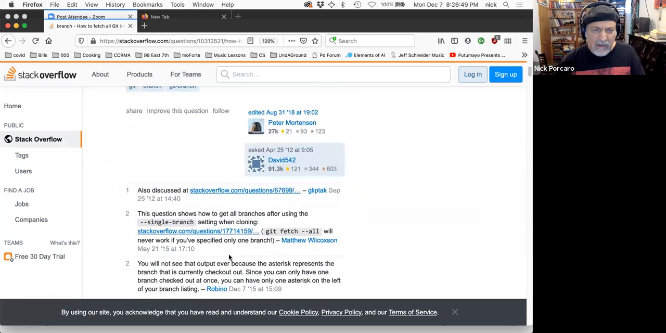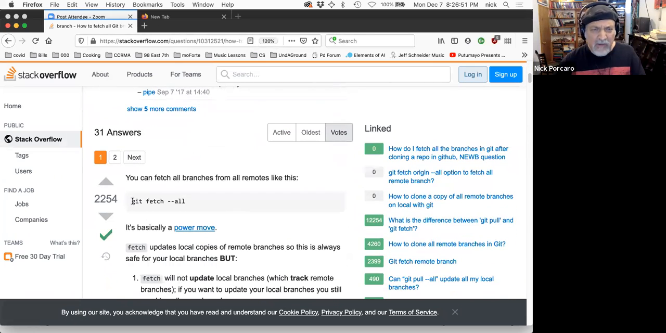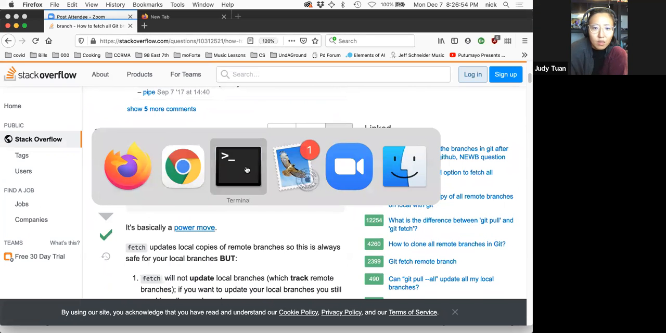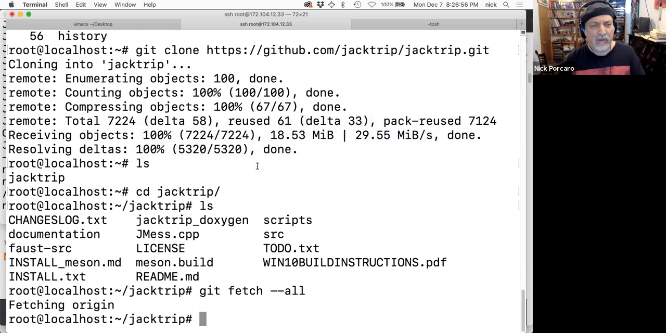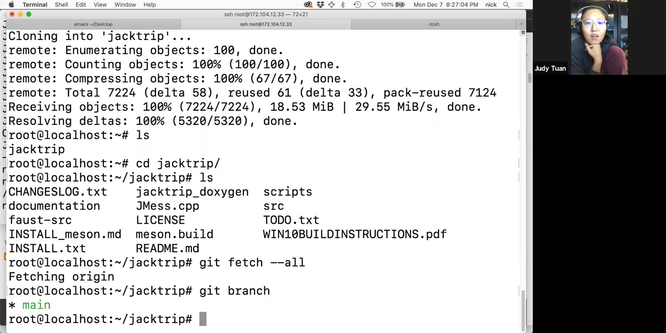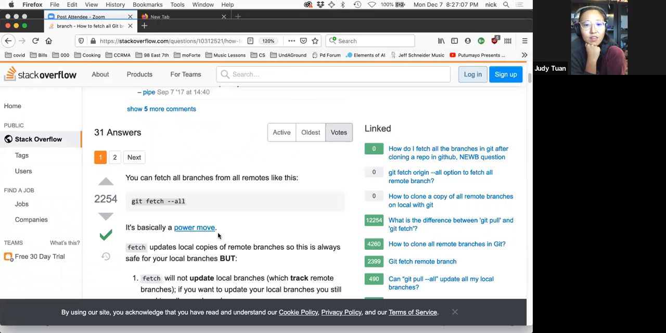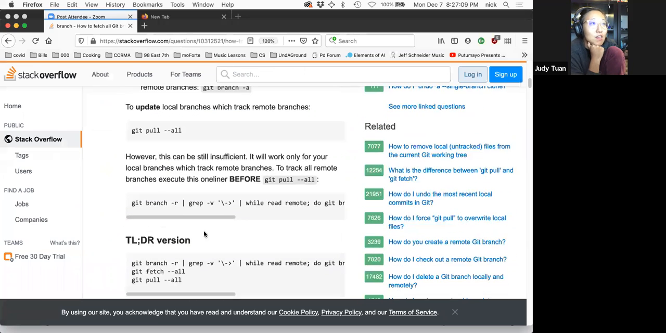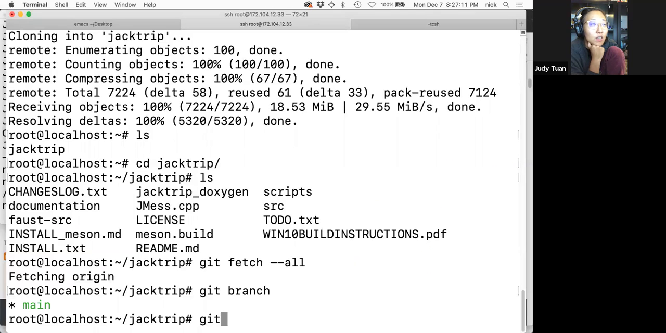Okay, let's see. You can fetch. Well, you know what? Why didn't this work? Fetching origin, and then if I say git branch, it should show all of them, but it's not. This is what's disturbing me. I don't know why. Maybe there's some git config setup, but you can do this: git fetch origin and then